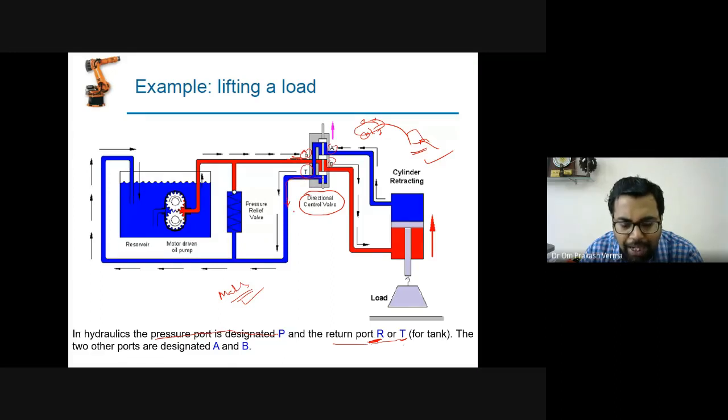So this is for P and T. What is the significance of P and T? Pressure is transmitted from the reservoir to the cylinder through the P point. However, from the cylinder to the reservoir, it goes through the T point. So according to that, these T and P positions, all the game is done by the directional control valve. Everything is decided and controlled by the directional control valve. If you slide it up or down, then the position of this valve is going to change, and the flow is going to change accordingly with the help of these ports.